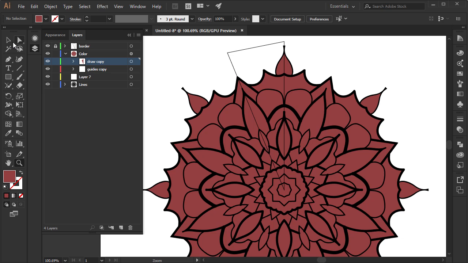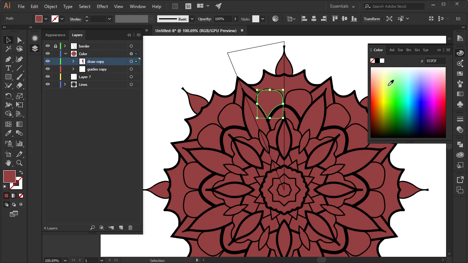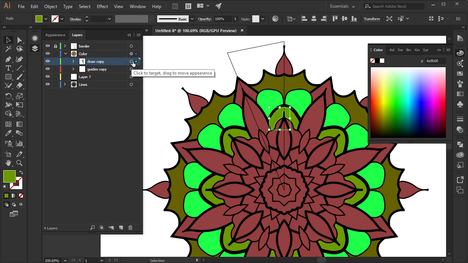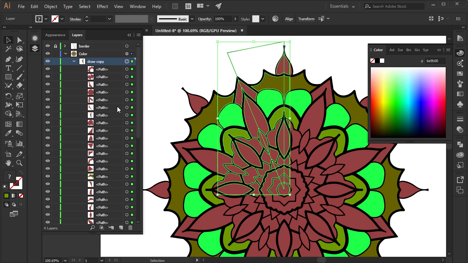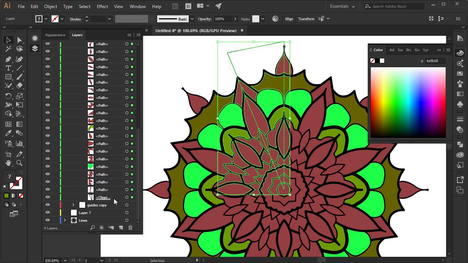And now we can recolor this. Since this is individual, select one and then open our color picker right here, just like that. Again, if you don't see any color, make sure you select this circle right here to target all the elements, and then unselect the clipping mask by holding your shift and then alt.